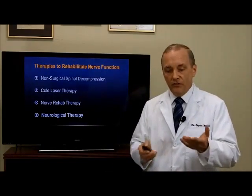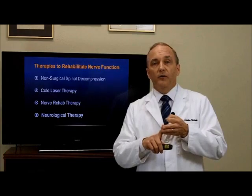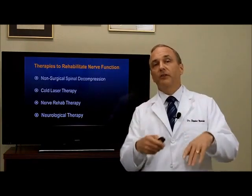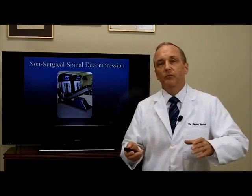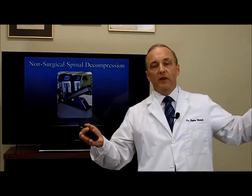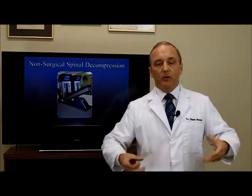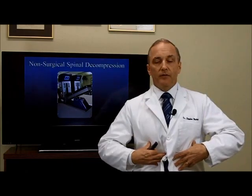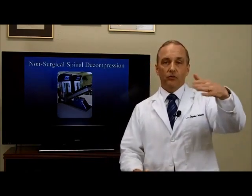There are basically four things that we do: spinal decompression, cold lasers, nerve rehab therapy, and neurological therapy. I've already talked about the neurological therapy, but let's cover the things for the spine. We do something called non-surgical spinal decompression. This is a huge machine we have. It's a medical unit where you lay down and we put harnesses on you. We put a harness on your hips, and one up on your thoracic rib cage. The one holds you up top, and the other one on the hips is hooked to the machine,